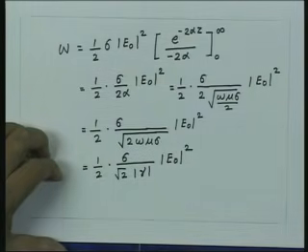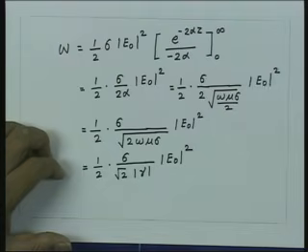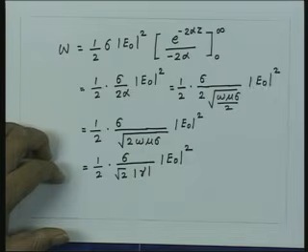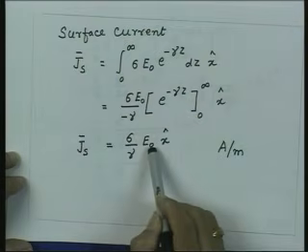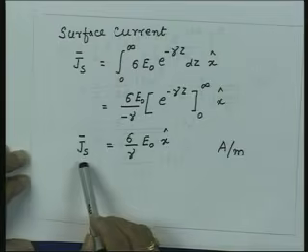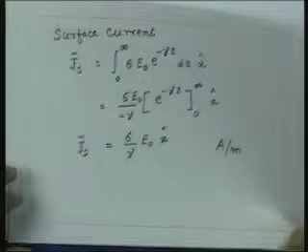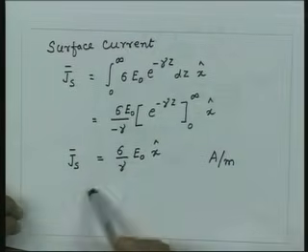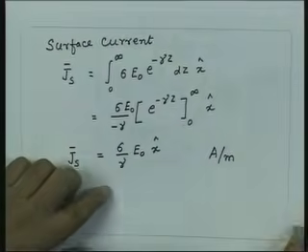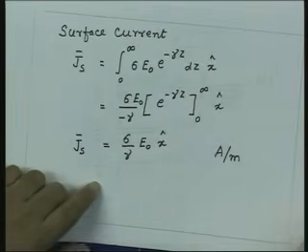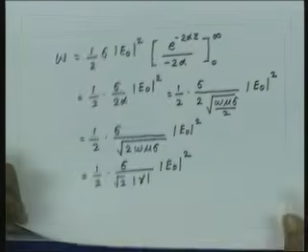And this quantity sigma upon gamma, if I go back to my surface current density, is nothing but the surface current, that is what we have derived. So, this quantity here, sigma upon gamma times E naught, is nothing but the surface current. So, what we can get from here is, if I write this appropriately in terms of the surface current density, I will get the power loss, which can be written as from here